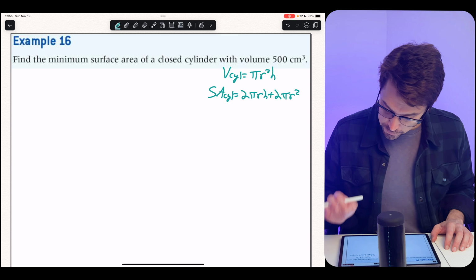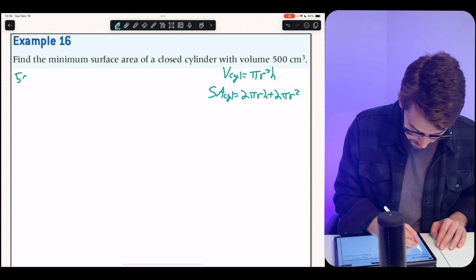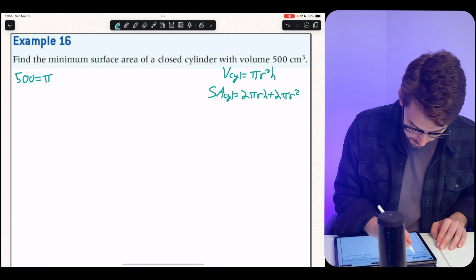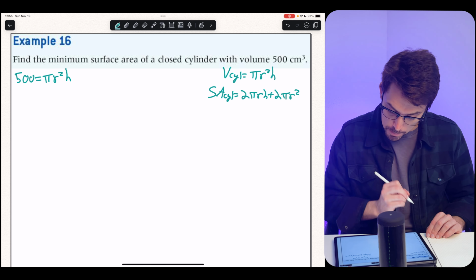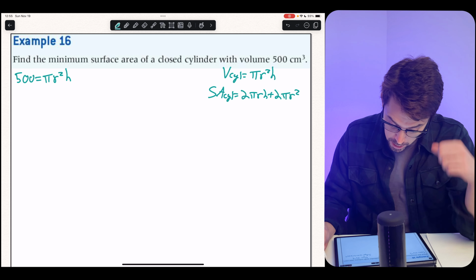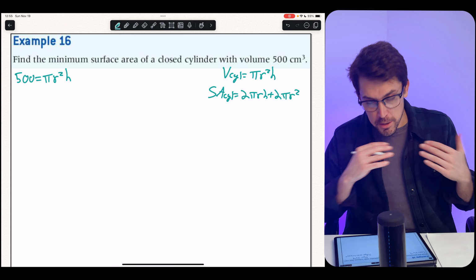So let's focus on this first part. The volume is 500 cubic centimeters, so 500 is going to be my pi r squared h. Now, what I want to find is the minimum surface area of a closed cylinder. So what's going to be easiest for me to do is, very similar to a problem that we covered